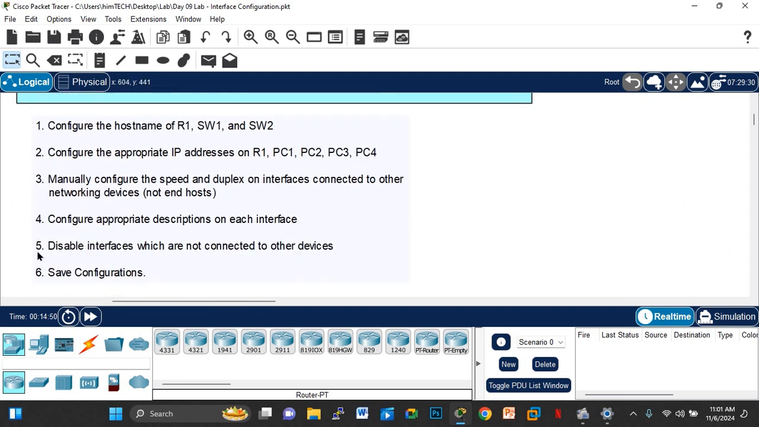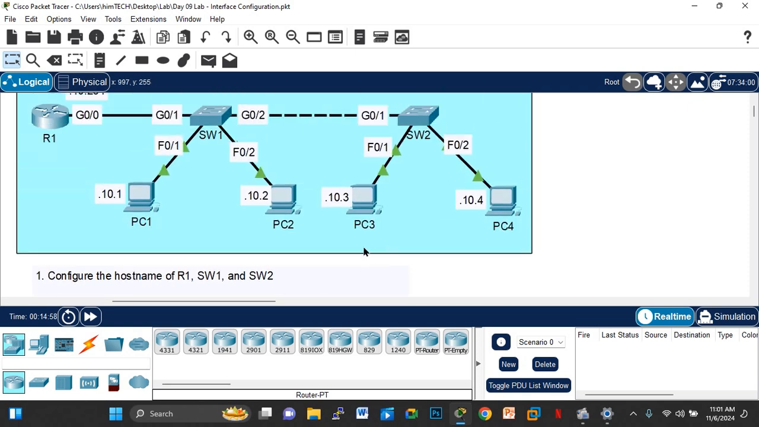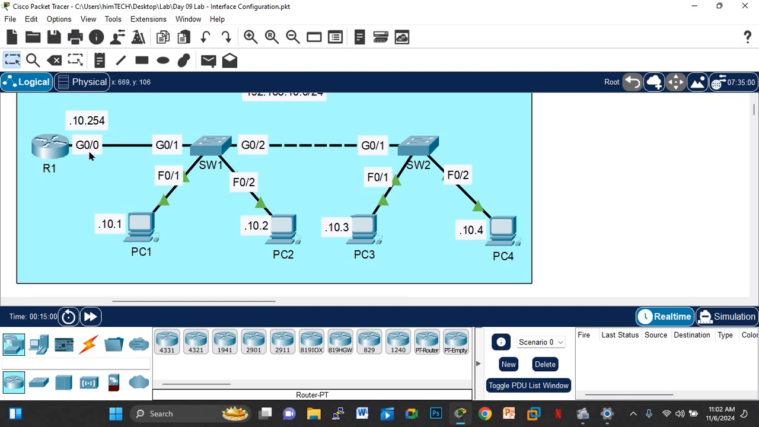You will be able to do troubleshooting very easily because you have already added descriptions to these switches. Now the fifth option here is disable interfaces which are not connected to other devices. For example, on R1 here, we are only using G0/0, meaning other interfaces are there, G0/1, G0/2, that we are not using. It is advisable for us to disable these interfaces, because if you just leave that interface that way,